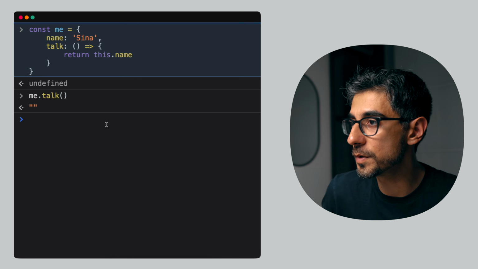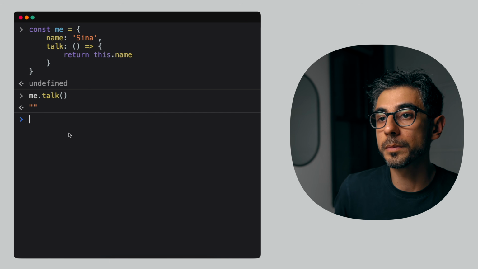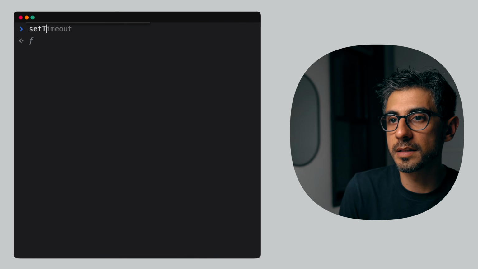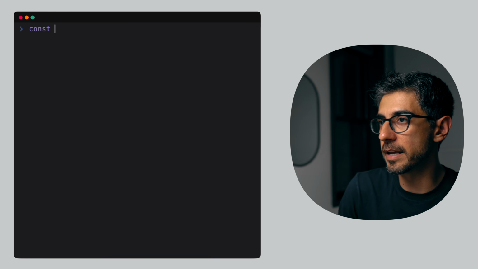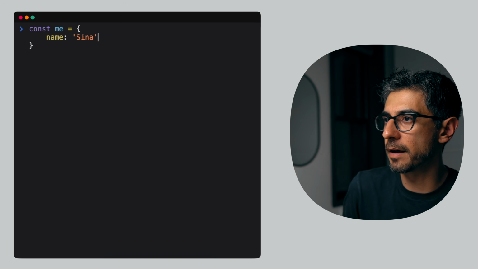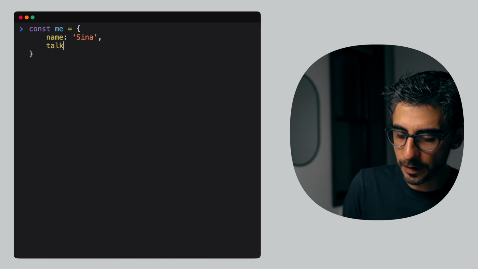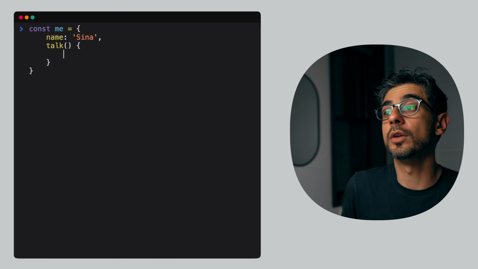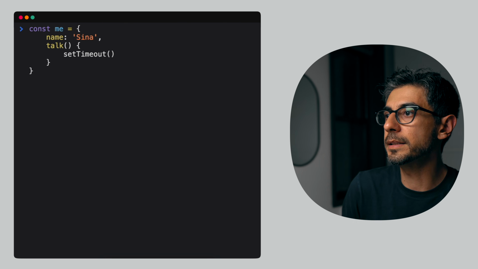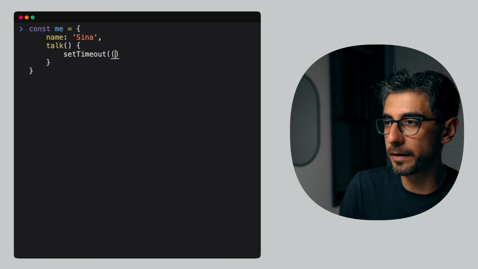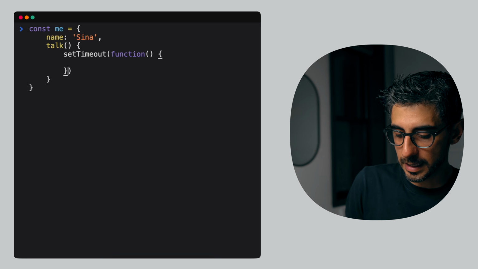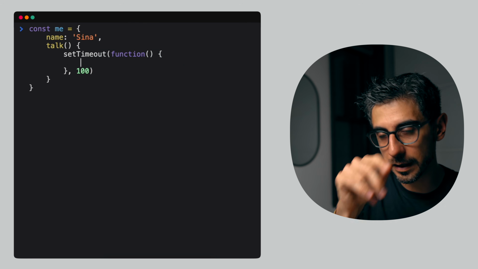So why is this useful? How can we use this to our advantage? Well, callback functions. For example, setTimeout. I'm going to refresh here and do a setTimeout. Actually, let me put this inside an object. So if I have a me object and have a name, same thing as before, I didn't have to delete it. So if I have a talk function in here, so this is a regular function, right? So far, no arrows. If I have a setTimeout, and in the setTimeout, I have another function. Let's write it as regular first, right? And say after 100 milliseconds, a tenth of a second, I want you to console log